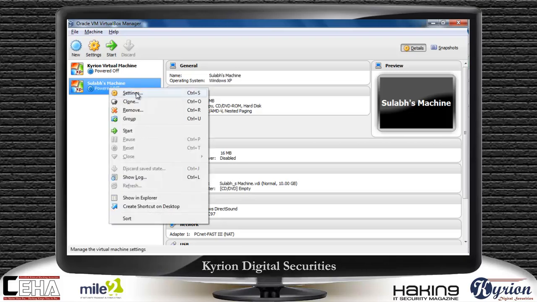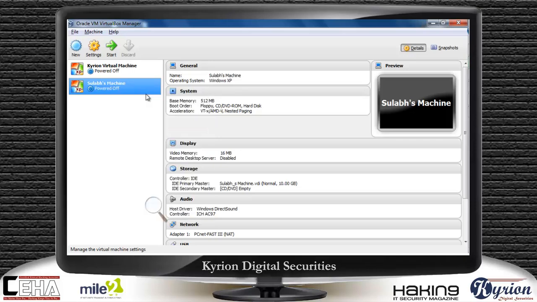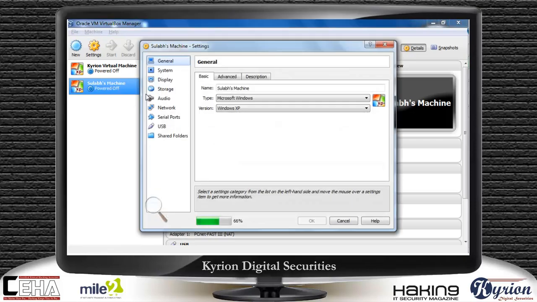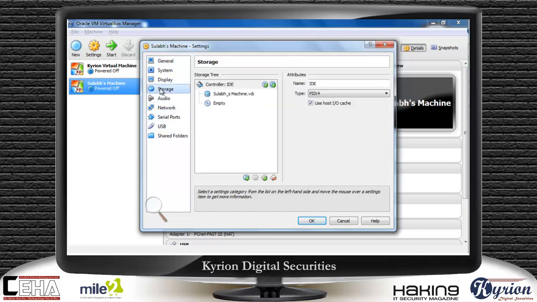There is an option, settings. Click on settings. The moment you have clicked on settings, I have got some other options, and let us click on storage. On the storage option, you can see a disk is here and it is showing empty, and a pop-up message has been displayed: no medium selected, and you can also change this while the machine is running.